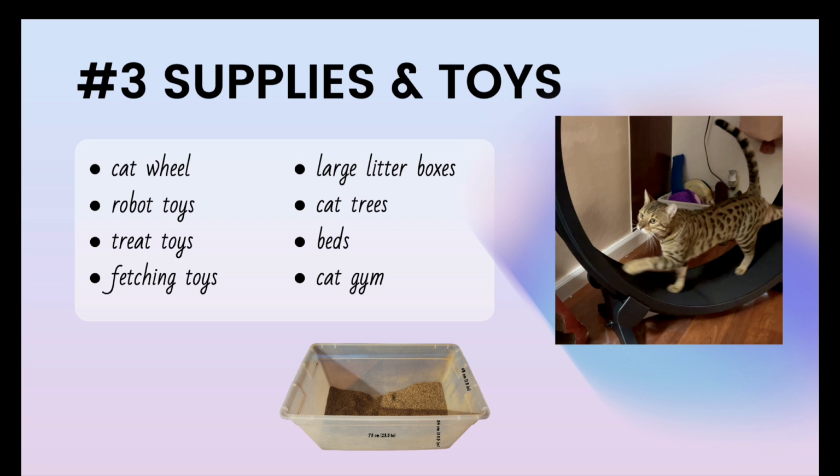Bengals need very particular toys and equipment. So you want to consider a cat wheel. So on the right, this is my Cheeto Finn, and a Cheeto is related to the Bengal, so he's a Bengal and Aussie cat, and so he is also high energy. But you can see him here on a cat wheel, and this cat wheel is from One Fast Cat. I will provide a link to One Fast Cat in the